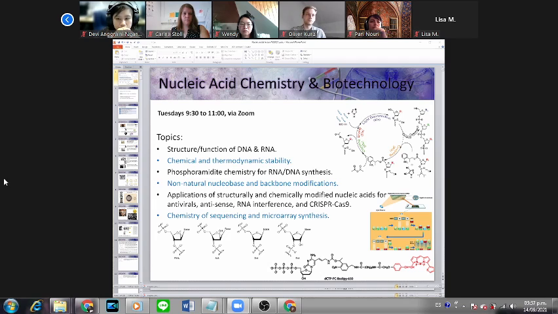As you're all probably aware, CRISPR-Cas9 has become an important technology, but it relies on synthetically made guide RNA, and we call it RNA, but in practice it does not have to be RNA. Currently the best gRNAs are actually not RNA, but a guide sequence that includes RNA, but also DNA and other chemically modified sugars or bases. I also talked about the chemistry of sequencing and microarray synthesis,